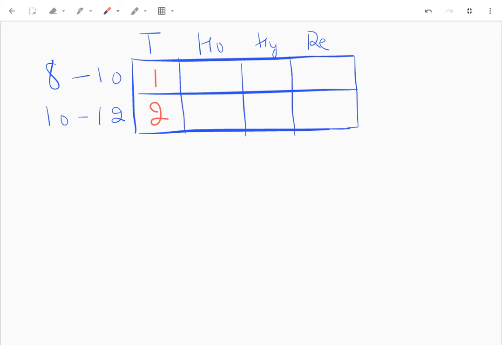Then Honda has, say, two options here and four options here. Hyundai has say 3 and 5 here, and Renault has say 2 and 2. Why not? Okay, right. So we formulated this table